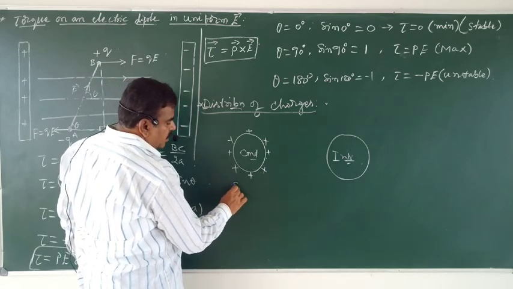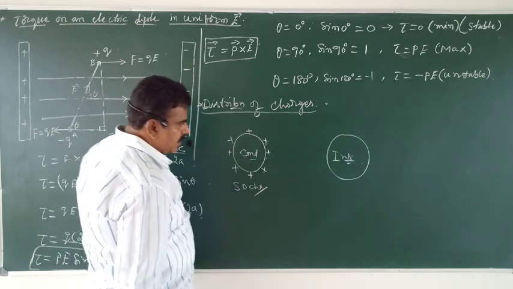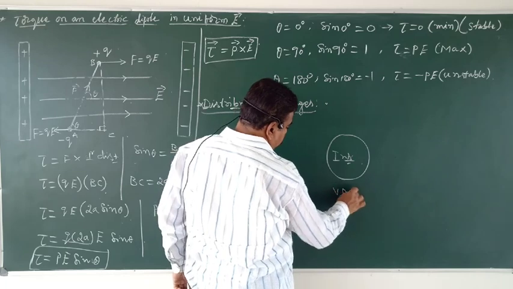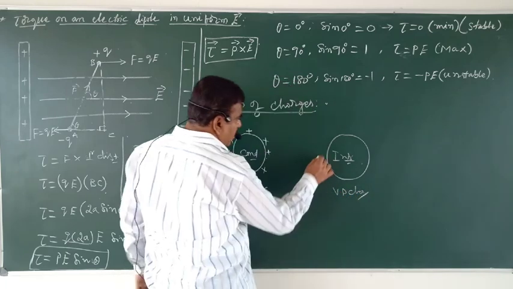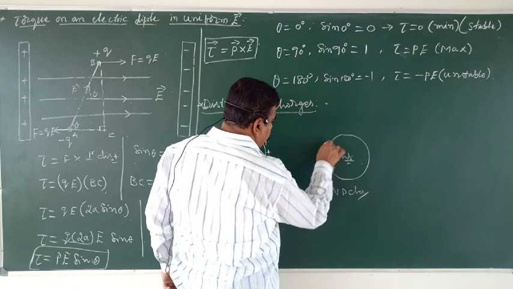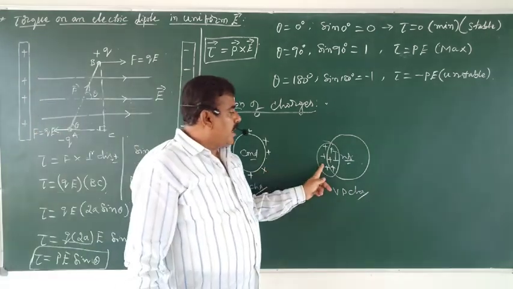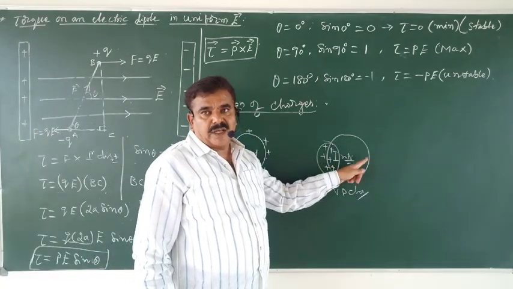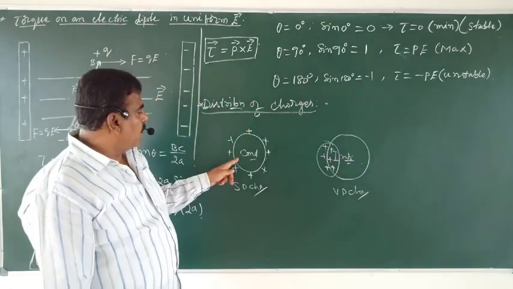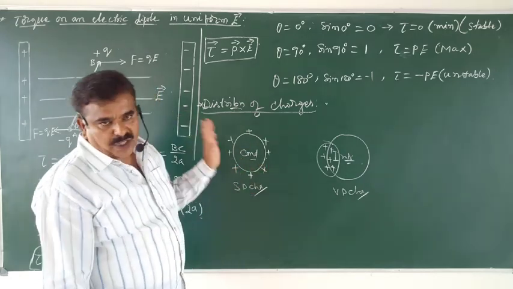There is surface distribution of charge in the case of conductors. In the case of insulators, there is volume distribution of charges. That means when charges are given here, they will stay where they are given in the case of insulators. That is why we didn't receive any electric shock when a wire is touched by an insulator. We will receive electric shock because there is surface distribution of charge.